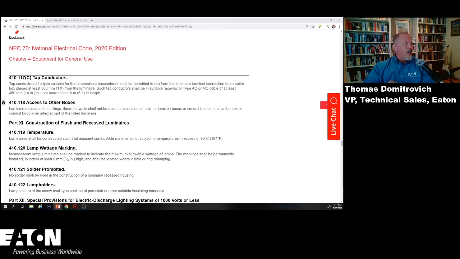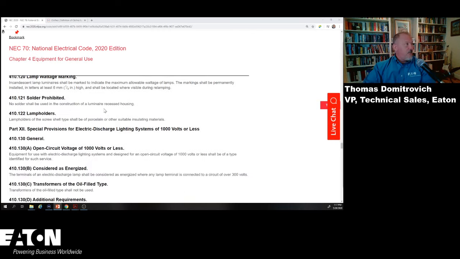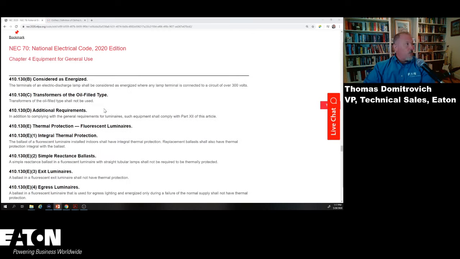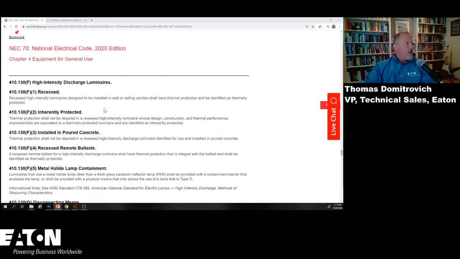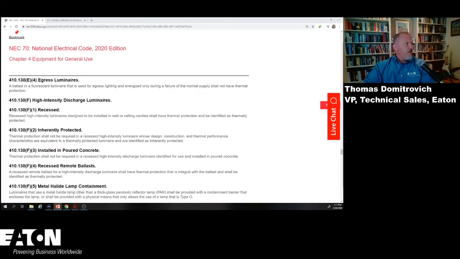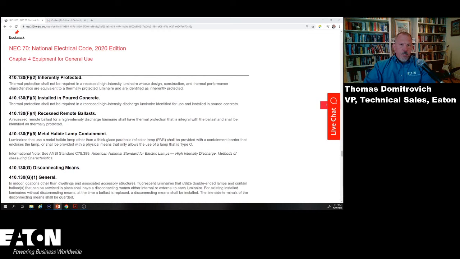And in 410.119, luminaires shall be constructed such that adjacent combustible materials are not subject to excessive temperature. So again, 194 degrees seems to be a common number in regard to combustibles. And then if we continue our journey down through this Article 410, we already talked about 130. We should come into